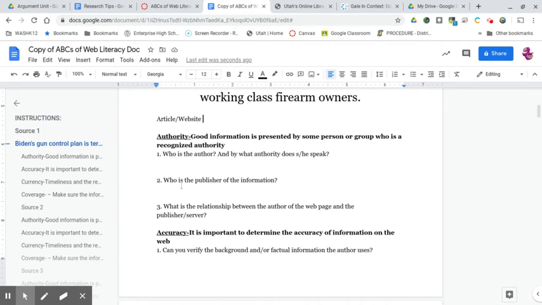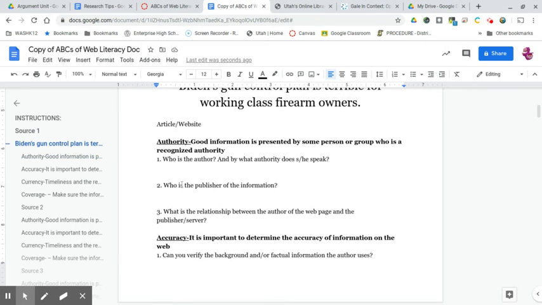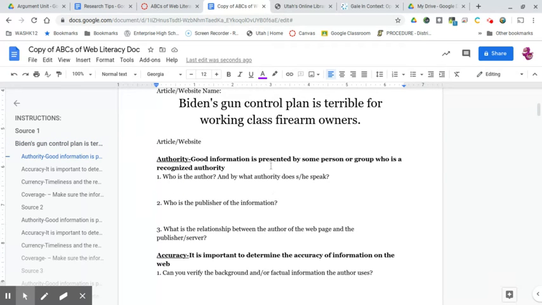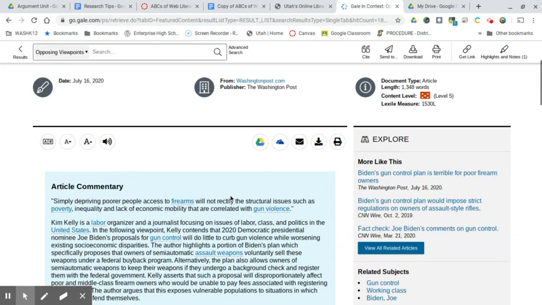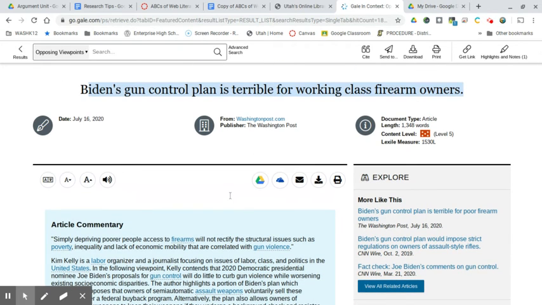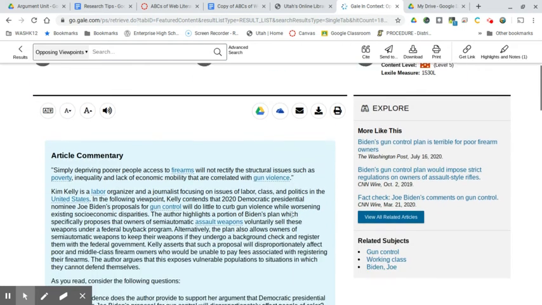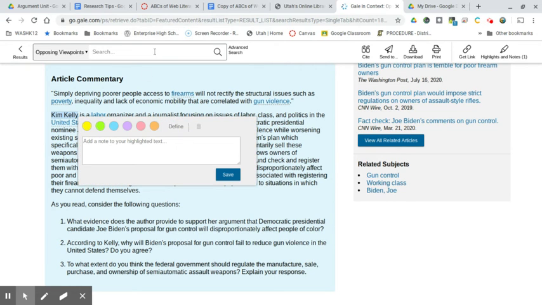So remember, we talked about looking at authority, accuracy, bias, content, okay? All of those elements of making sure that things are reliable. So we're going to talk about the author. So find the author. Who is the author of this? So right at the top here, it doesn't really say the author, but if I look at this article commentary, I can see right here, the author is actually Kim Kelly. So I can copy that